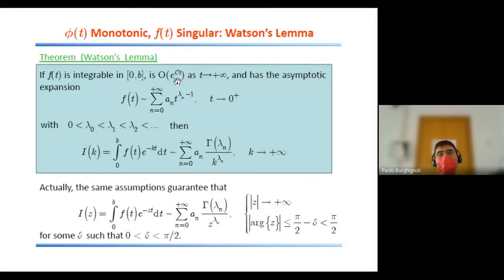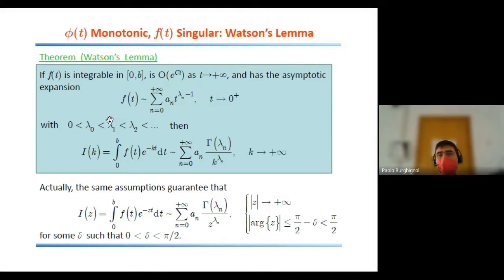And now, if instead this function in a neighborhood of the origin admits an asymptotic expansion in terms of powers of the variable t, where the exponents are written in the form lambda n minus 1, and there are those coefficients a sub n, n goes from 0 to infinity, so this is a complete asymptotic expansion of the function f in a neighborhood, or better, in a right neighborhood of the origin, because in a Laplace integral we only deal with the positive side of the neighborhood of the origin,